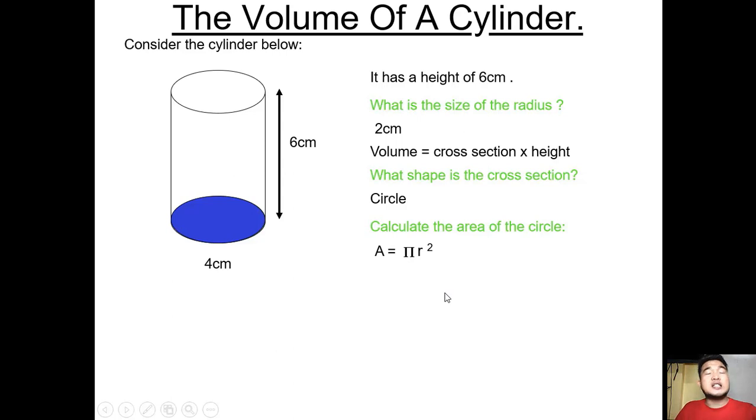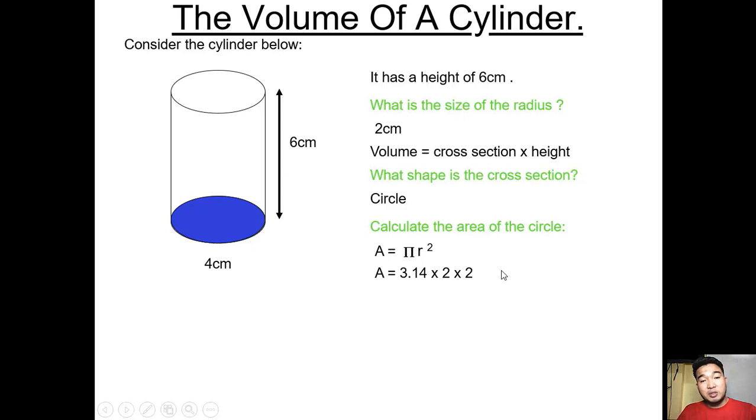That is the reason why it's very important that you let your students understand really how to solve for the area of the plane figures before moving on into calculating the volume of the solids. So A is equal to pi r squared. So by substitution, we'll have pi, which is 3.14, times the radius, which is 2,